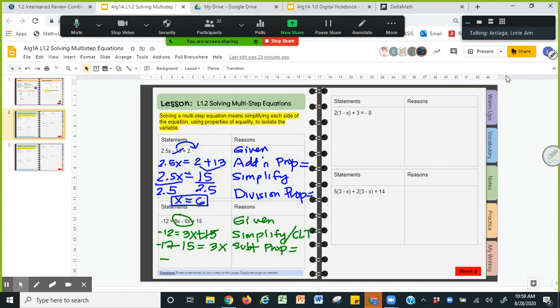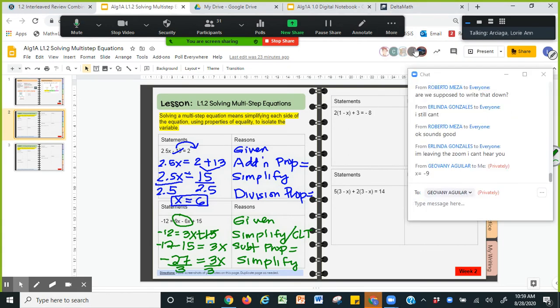Okay, so it's going to be negative 27. There you go. Is equal to 3x. So we just combine like terms again. So we simplify. Awesome. Okay, and last but not the least, we have to divide both sides by the number that comes with x. So since 3 was multiplied by x,